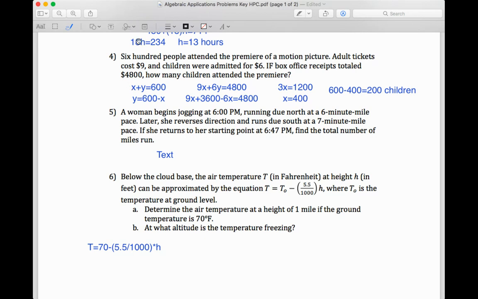So it's really important to note here that it doesn't say that she ran north and then south and then north again, which means she isn't passing where she started. So from where she started, she's running due north for some number of miles, and then she's coming back that same number of miles to return to her starting point. So these two distances are equal. So when I'm writing the equation, I know she's running a 6-minute mile for however many miles